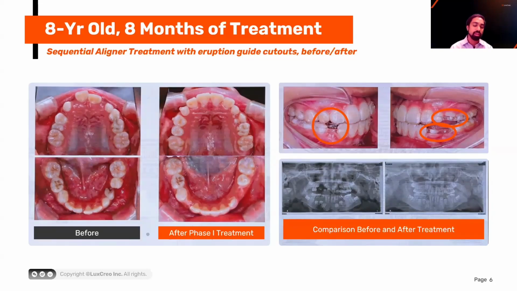anterior gap. But in some cases, you could go way further, right? This is something that we're really encouraging. Everyone can do a transitional retainer, but what's really hard to do is to create your own sequential aligner that also allows for primary teeth eruption. So here, this doctor did 8 months of treatment for an 8-year-old, with sequential aligner treatment with eruption guide cutouts, and every single aligner had the eruption guide for a phase one treatment. You can see here the before and the after with the eruption guide, and we allowed ample room for the primary teeth to grow in,